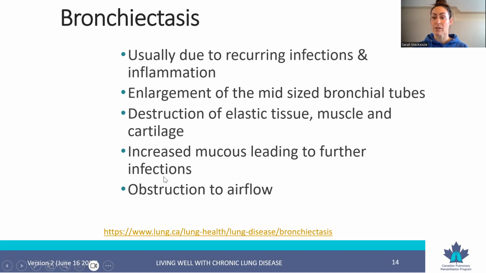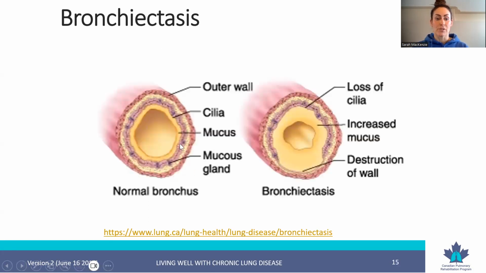This, the same way that chronic bronchitis does, leads to obstruction of airflow because you have all this mucus sitting in the airways, right? So here's that picture. Again, a different cross-section of the airway, but you can see on the left, the normal bronchus or bronchial tube, you have the airway wall, and you have the inside of the airways nice and patent. It's important to note here the mucus layer. Everybody has a mucus layer, whether or not you have a lung disease. And the purpose of that is, like I said, the last ditch filter, to catch anything that the nasal turbinates